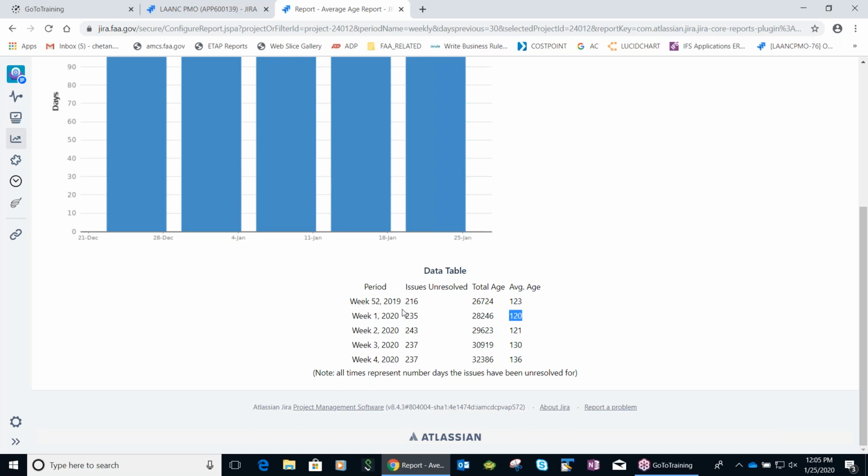So what it means is in that week, you had 235 issues unresolved, and the total collective age of all 235 issues is these many days, which is 28,246. And the average age means every single issue has been out there for 120 days.